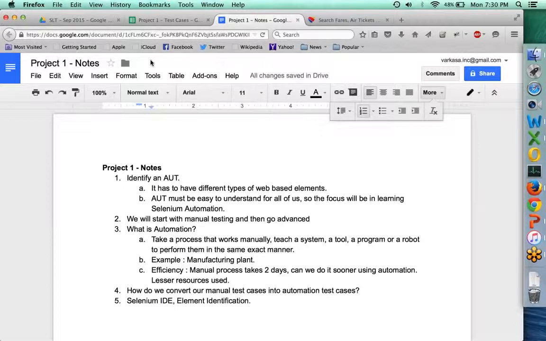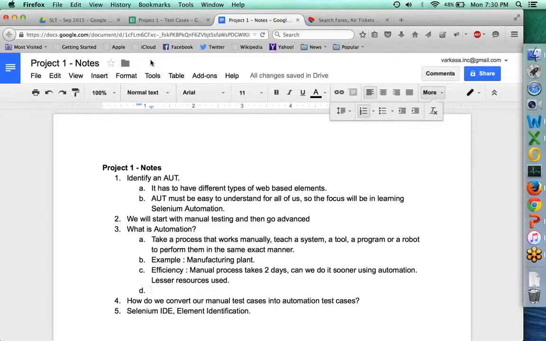Now, once I've explained this concept and I take it back and implement it into this project, it will become very, very easy for you to relate and keep that in the back of your mind. These notes and documentations that I'm creating will be handed over to you as part of the end of each project, so you can use it for good reference as well. Now, what is the next thing? Next thing is